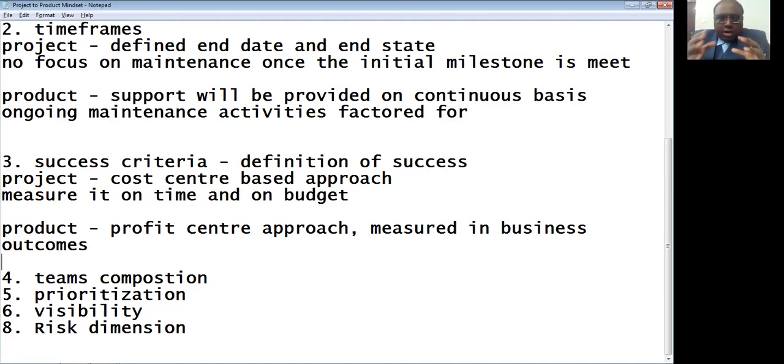Because your product is a subset of your operational value stream, which directly touches the customer, or the customer's surrogate in some cases, or the end users. So in a product based approach, your success criteria is measured by the business outcomes. Next, you come to the teams.